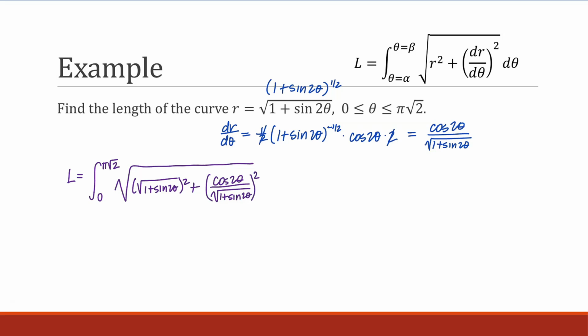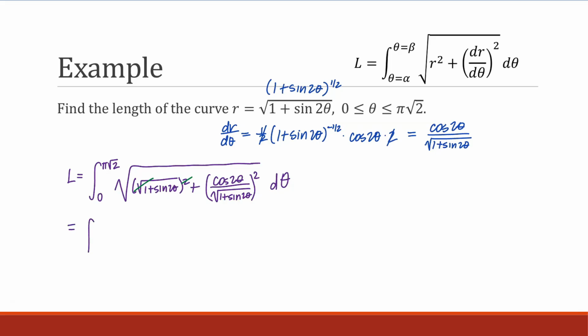All of that is squared, and underneath the square root, d theta. All right, so some nice things start to happen. The square root and the squared are going to cancel out there,